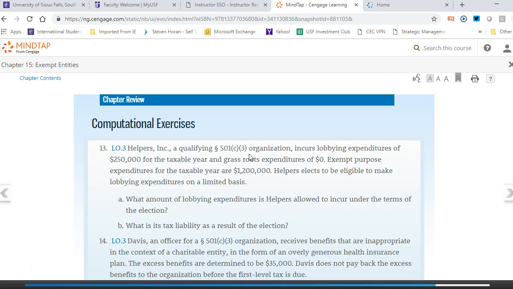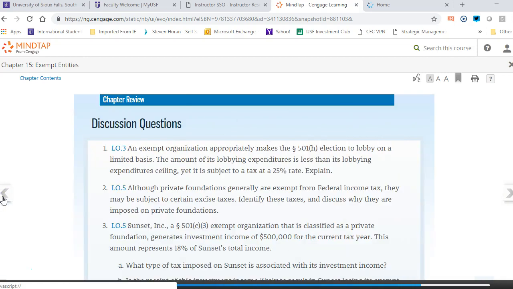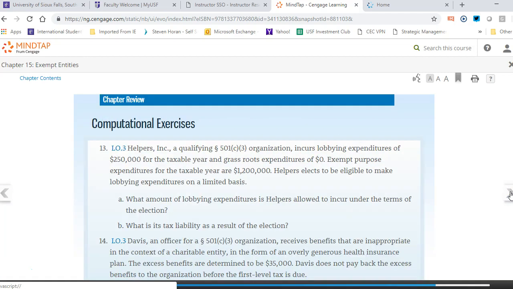So I'll start with question 13. Just a reminder that the discussion questions are before that. I don't typically go over those in the recording, just because I've given you the answers to those already. So just a good review is on your own in the class under my.usf. Go to handouts and you'll find the discussion question answers, and you can just review those questions and then the